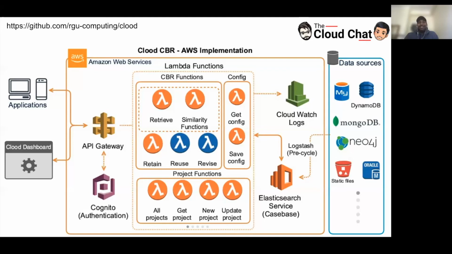And one of the other pros I'd say is writing these functions, because it's using Lambda, function as a service. You can write each function in different languages if needed. For example, Java is needed for a library, and Python is needed for another scientific library. You can use any of that in a mix because we are using Lambda functions. So if you can give maybe two or three pros, then we can go into cons.